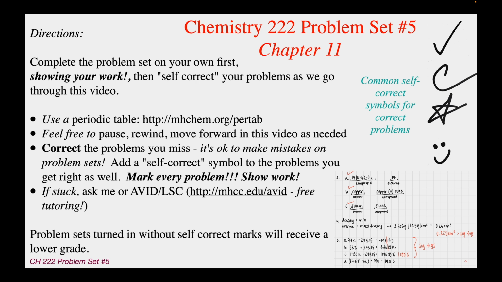Before you turn in your problem set to me at the beginning of lab, make sure that you self-correct your problem set. That means put symbols next to both the problems which you got correct and next to the problems which you got incorrect. So next to the problems you got correct, put some kind of self-correct symbol, like for example, the check mark is fine, a star, smiley face, whatever you'd like. And next to the problems which you missed, which by the way, it's okay to miss problems on this, put some kind of marks next to it so that you can at least know the correct answer. So put down the right answer, maybe put some notes as to how you would do it right the next